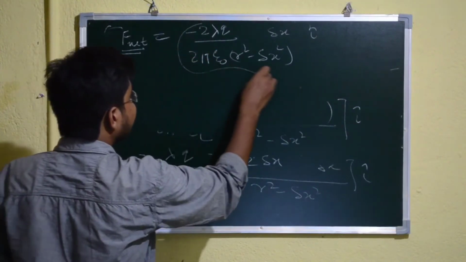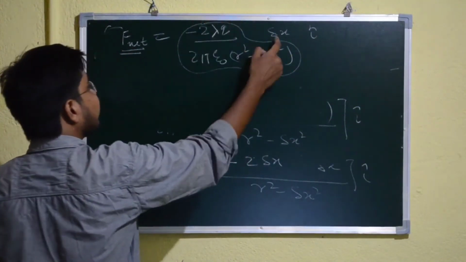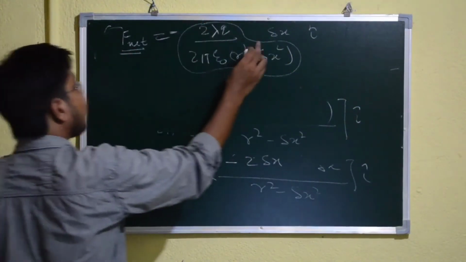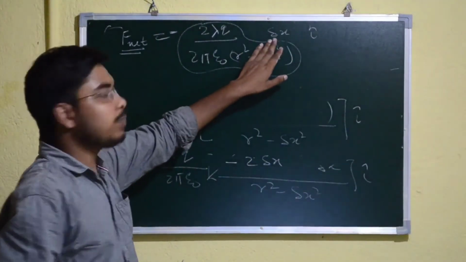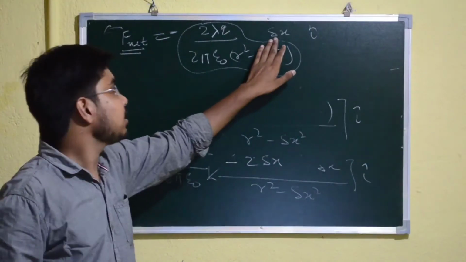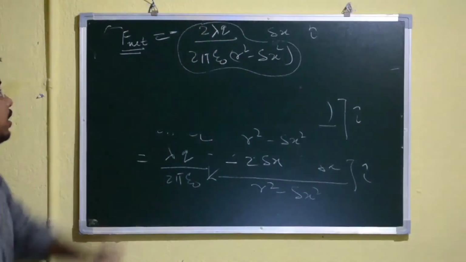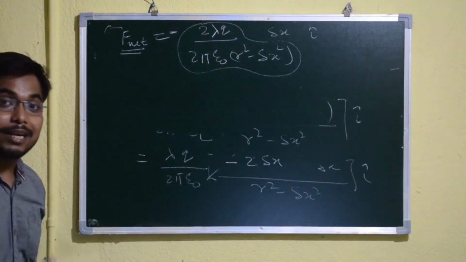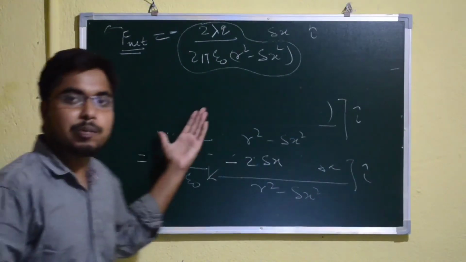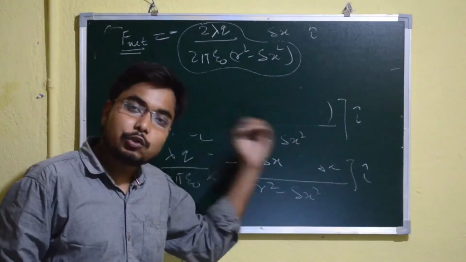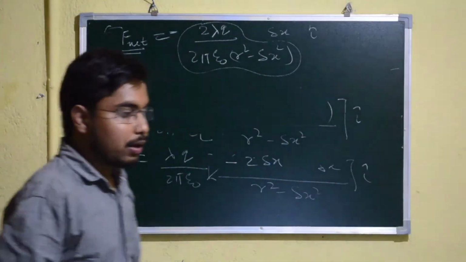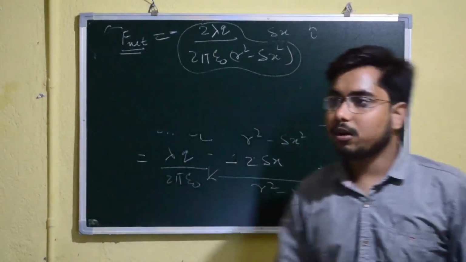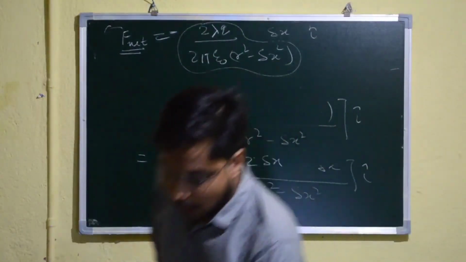Now, according to the SHM condition, the net force is directly proportional to the negative of the displacement. These all terms are constant, and the force is proportional to the negative of the displacement as we displace the charged particle by delta x. This is the condition of SHM. It means that the positive charged particle will execute simple harmonic motion, as we get from the above equation the condition for simple harmonic motion.